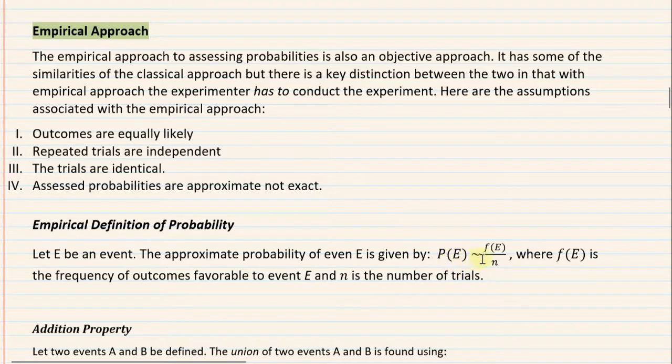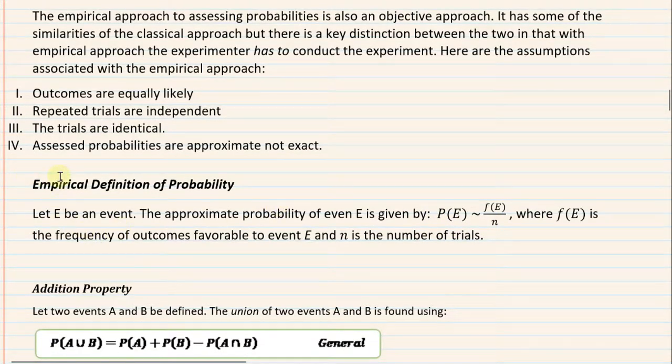Again, the reason it's approximate is because the denominator will change each time you repeat the experiment. That denominator is not fixed. It's the number of trials. It can be 50, 70, 100, 500, 1,000, a million. You see how that changes every time. So this is the kind of probability when you collect a sample and you find probabilities, you're finding experimental or empirical probabilities. The word empirical here means based on data, actual data.